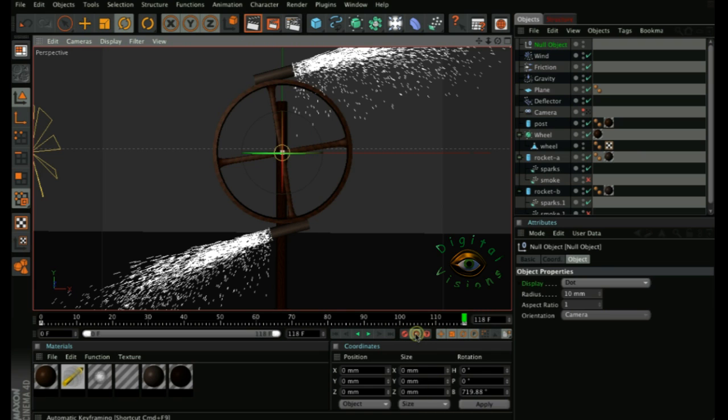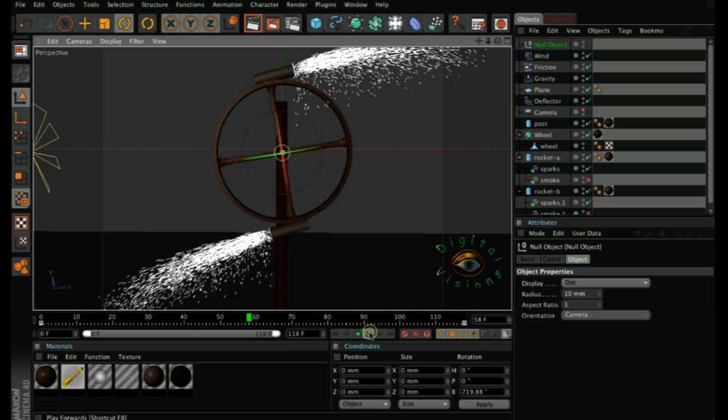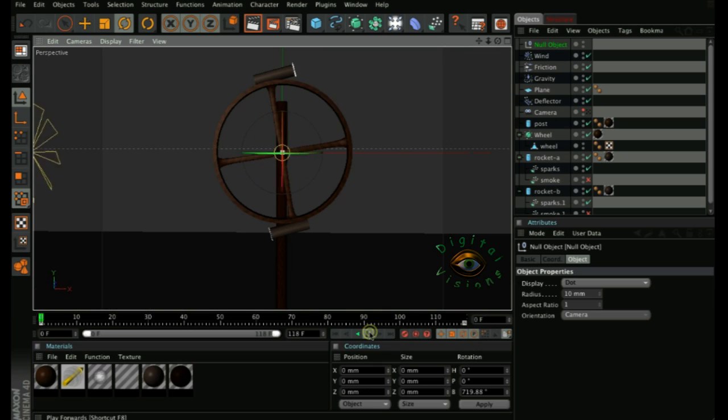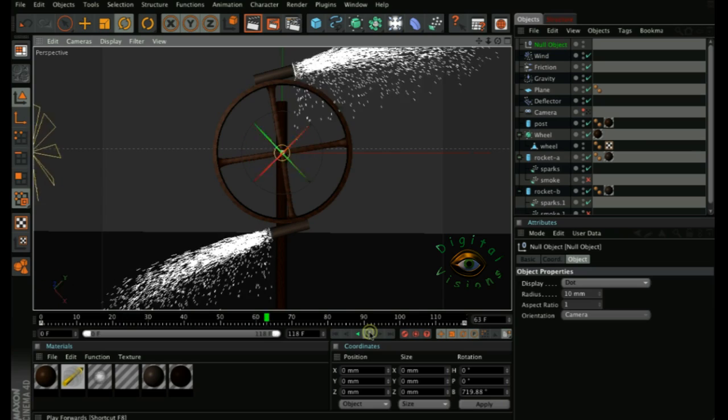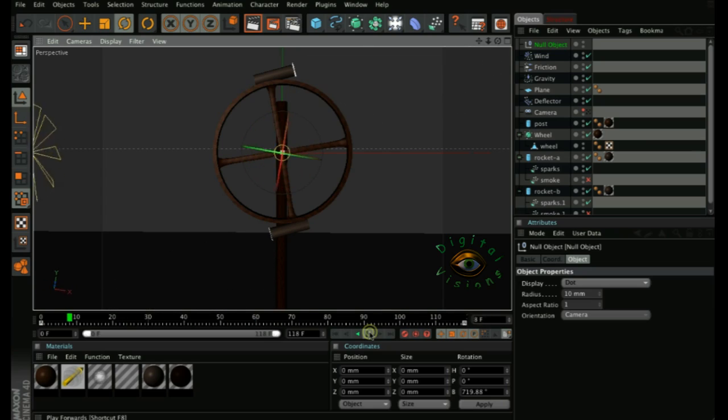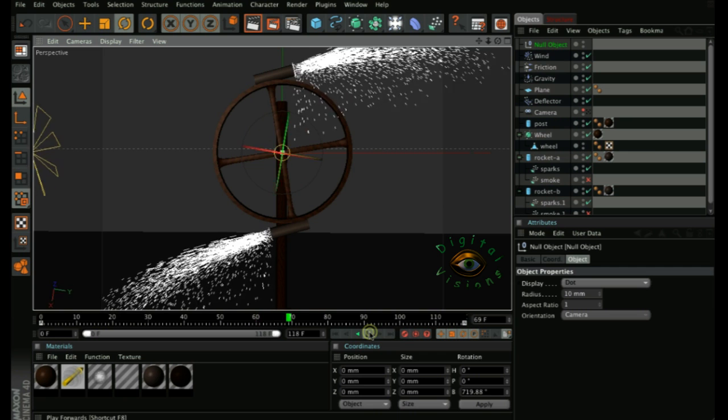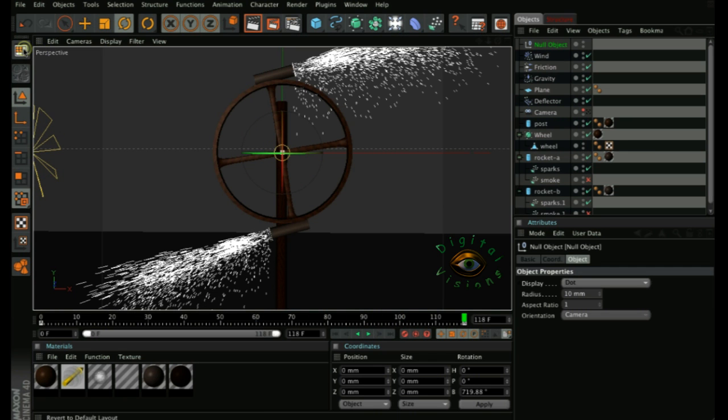Okay, now turn off the automatic keyframing. Play the animation. As you can see, the wheel, the null object is turning, but towards the end it slows down. So go to the left corner